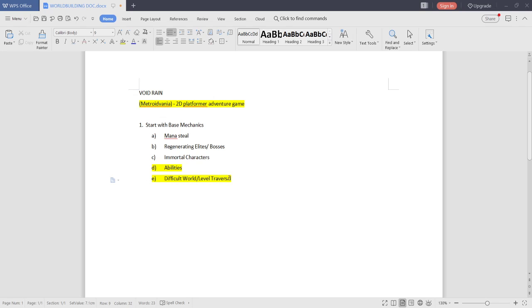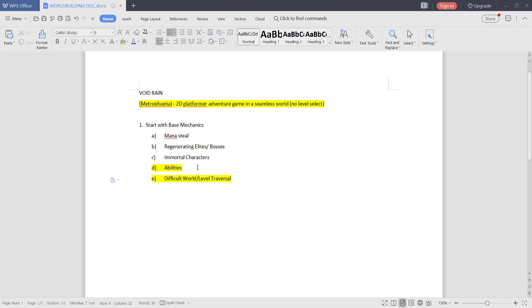And one more caveat about this genre is it's a 2D platform adventure game in a seamless world. So there's no level select, basically. It's just one continuous world. You can go from left to right at any time you want, if you have the abilities, and that's that.